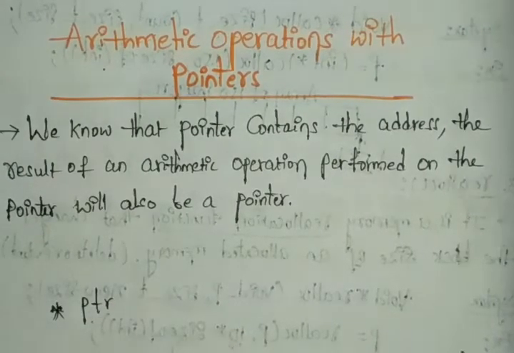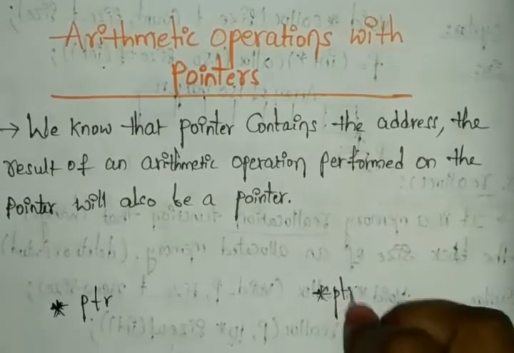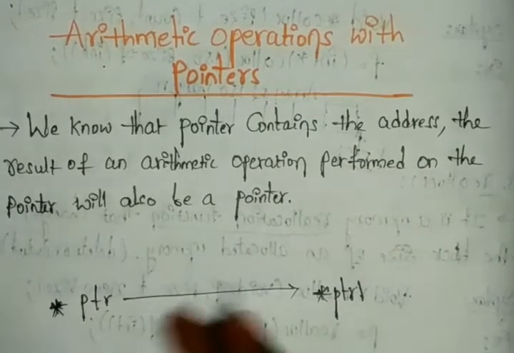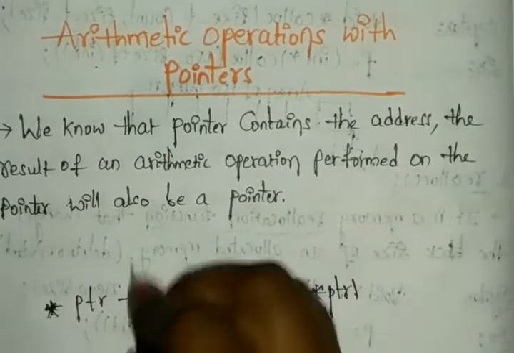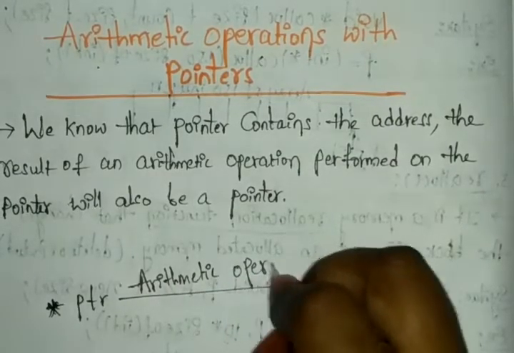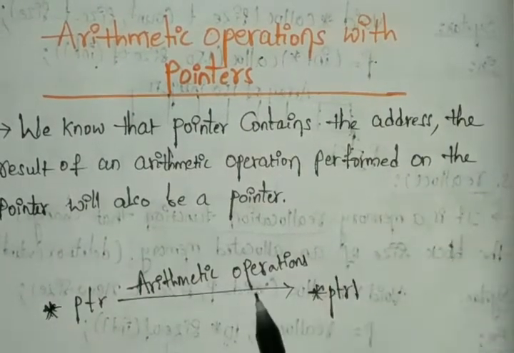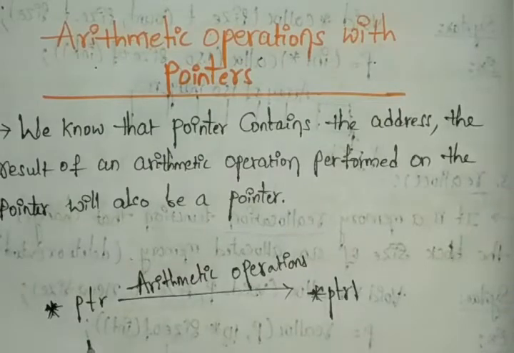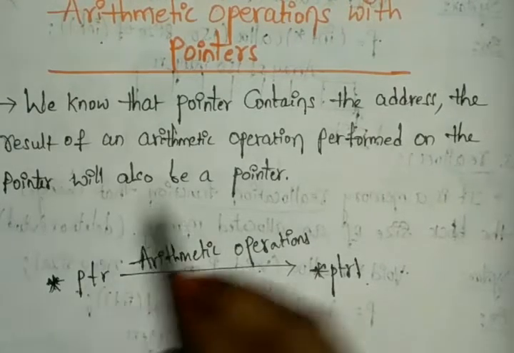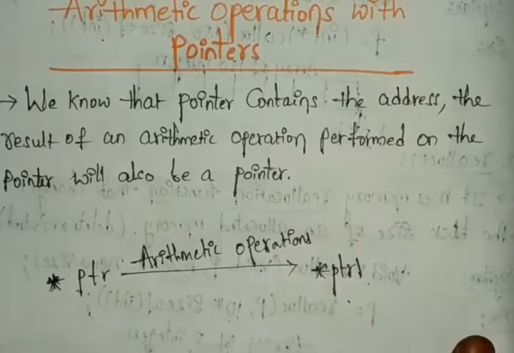Here we are getting our pointer, and here we are getting another pointer. Here I am writing pointer one. So this process can be done by our arithmetic operations. Whatever arithmetic operations you have, by that these can be done with another pointer. Arithmetic operations performed on the pointer give us a pointer. You can see clearly it is performing with one pointer, and here we are getting another pointer. And this process can be done in the form of